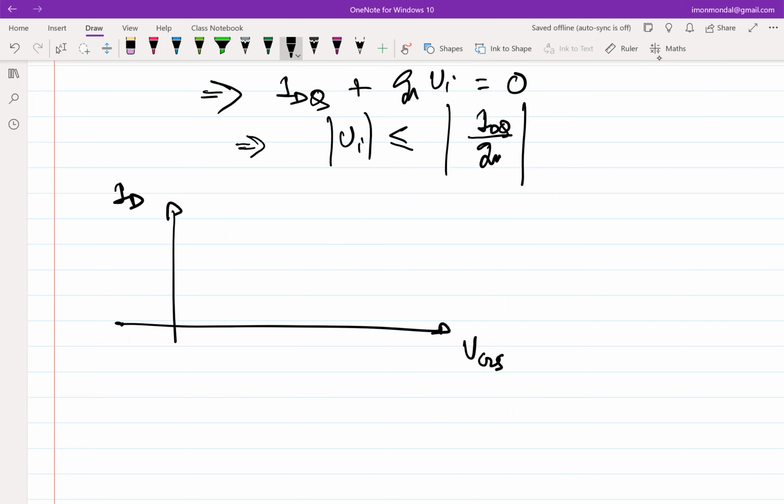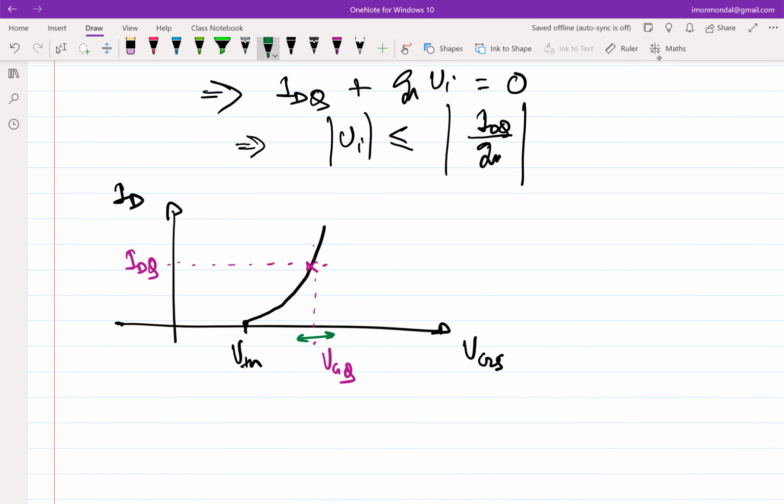So when we plot ID versus VG for our MOSFET, we essentially say that using the current equations that we are familiar with, ID is 0 till VTH. And if everything is in saturation, it goes like this. Okay. And then we say that we'll probably have a bias point somewhere over here. Okay. And we select a bias point VGQ, IDQ, and then say that our signal will swing around this bias point